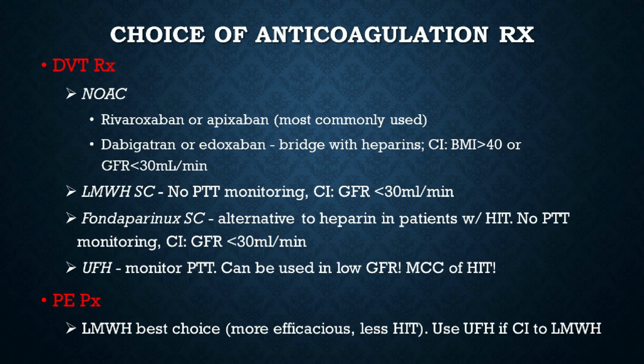using unfractionated heparin. Now for pulmonary embolism, the best choice is the low molecular weight heparin because it's more efficacious and it causes less heparin-induced thrombocytopenia. For pulmonary embolism, your best choice is actually the low molecular weight heparin. It's more efficacious and it causes less heparin-induced thrombocytopenia. And of course, if you have contraindications to the use of low molecular weight heparin, you can use the unfractionated